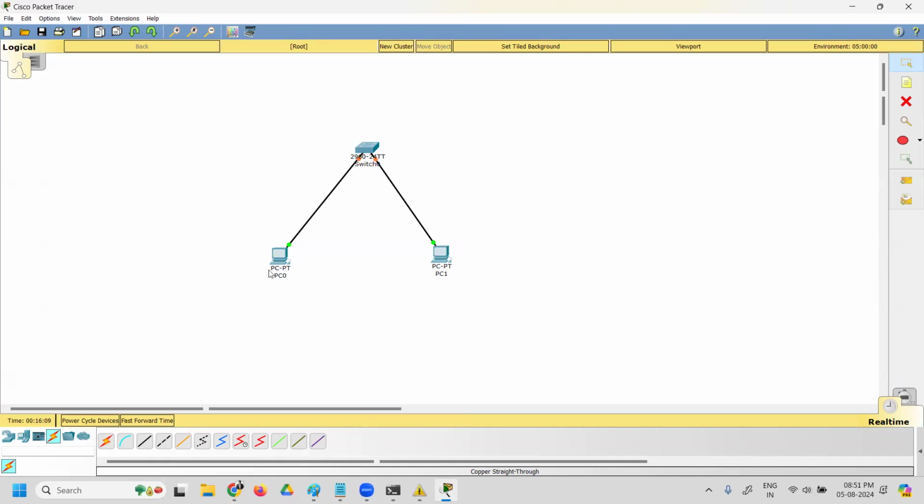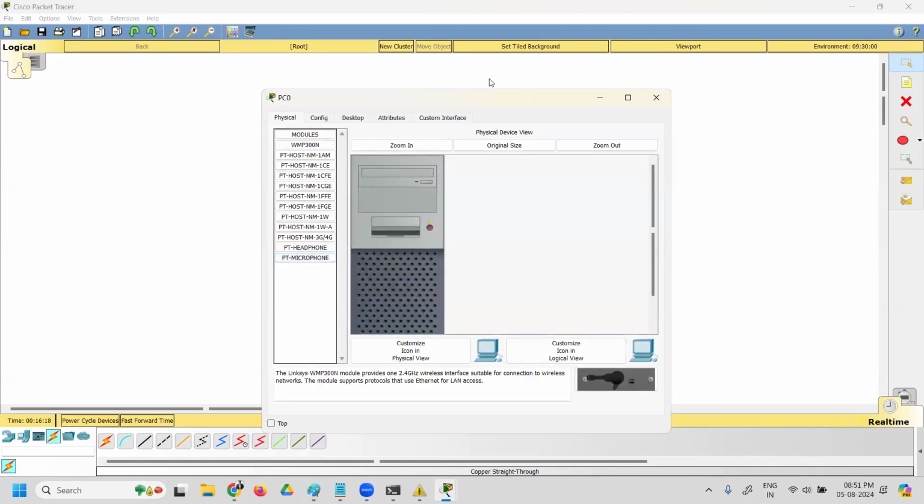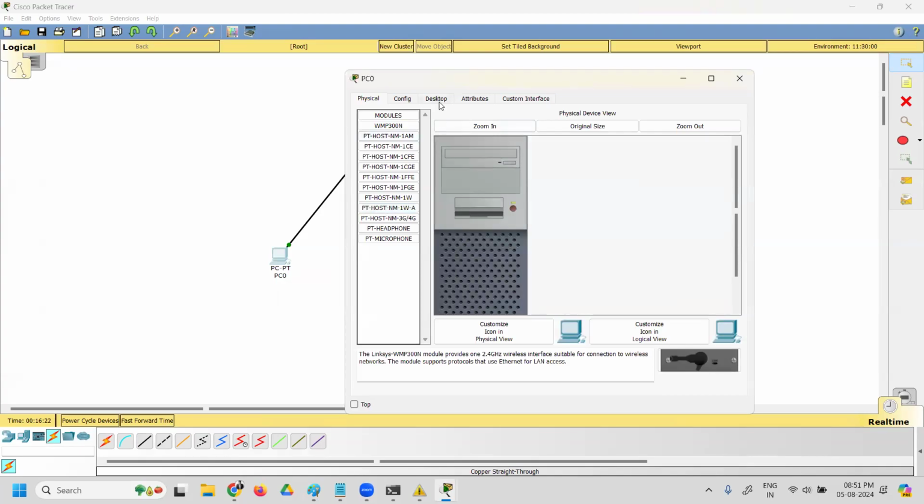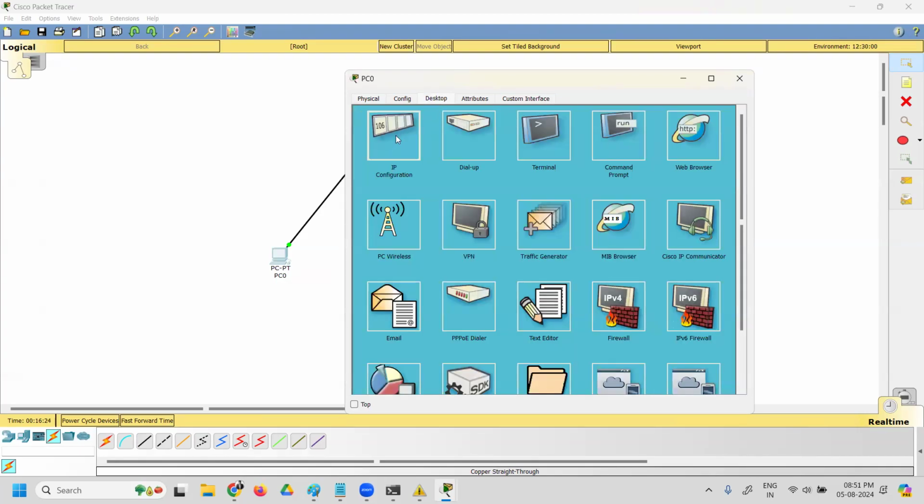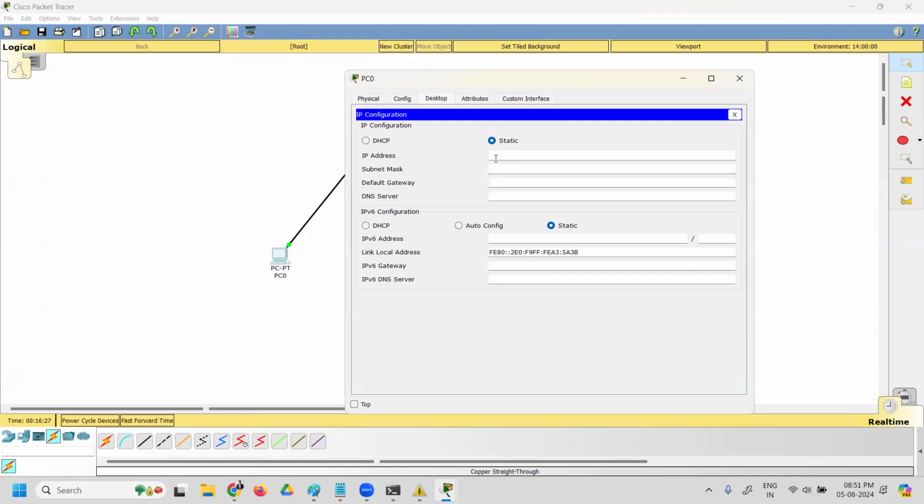Now that we've connected, the next step is you have to assign an IP to this computer, right? So for that, first let's click on this first computer. Now I'm inside this first computer. Go to Desktop and you have this section called IP Configuration. You can go inside this and let's give an IP 192.168.1.10. And as I told you, whenever you assign an IP, you have to assign a subnet mask. See here, I just keep my mouse pointer in the subnet mask and it automatically gets filled. So you don't have to type it, it fills automatically for you.